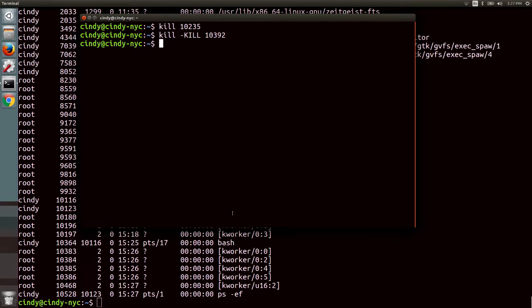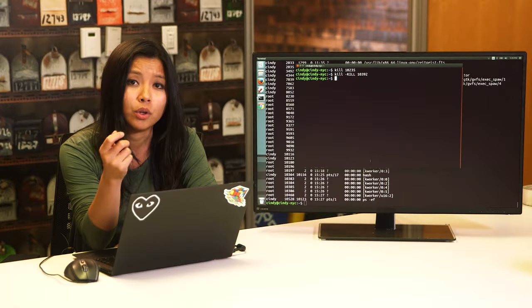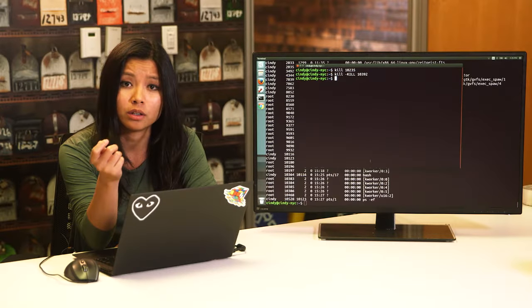And now you can see that Firefox has been killed. These are the two most common ways to terminate a process, but it's important to call out that using kill -kill is a last resort to terminating a process. Since it doesn't do any cleanup, you could end up doing more harm to your files than good.